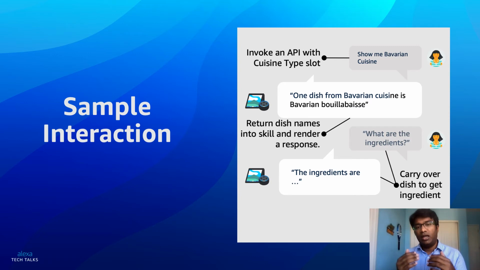Now, if the user then asks, okay, that sounds interesting, can you tell me the ingredients for that particular cuisine? Alexa Conversations remembers that the user is already talking about Bavarian cuisine. So it remembers the cuisine type in memory from the previous turn, and it's not going to ask the user again. It also remembers that particular type of data on the backend, if it needs to be held in memory. As a result, it's able to pass this information, which it already knows, along with what the user is asking now, meaning tell me the ingredients. Both of these are passed back